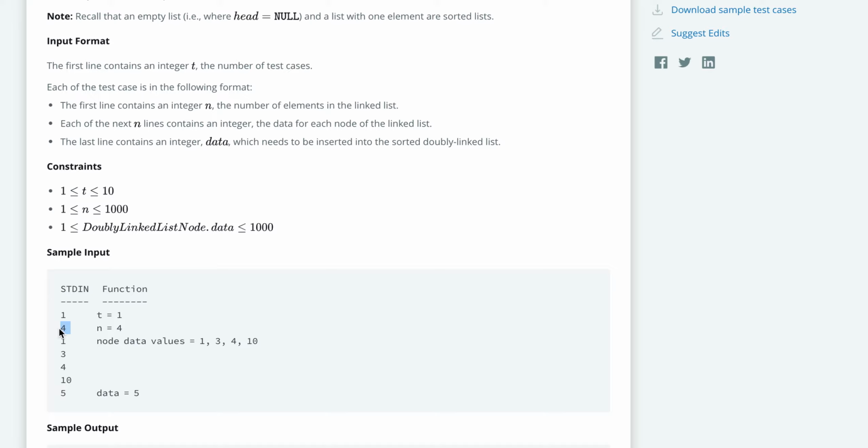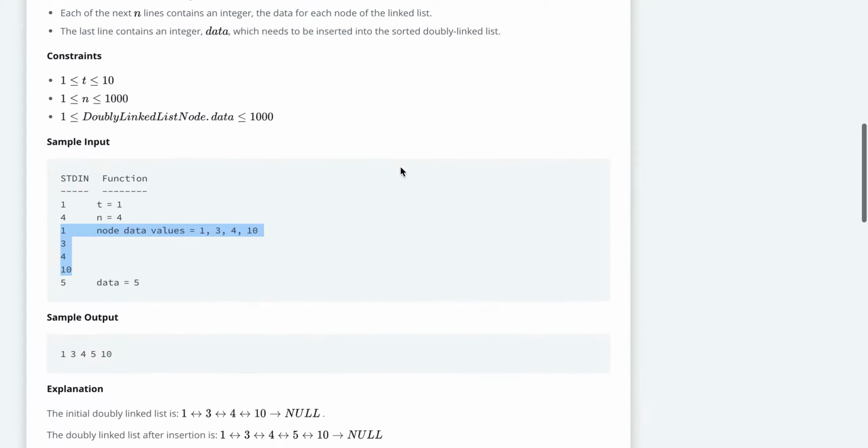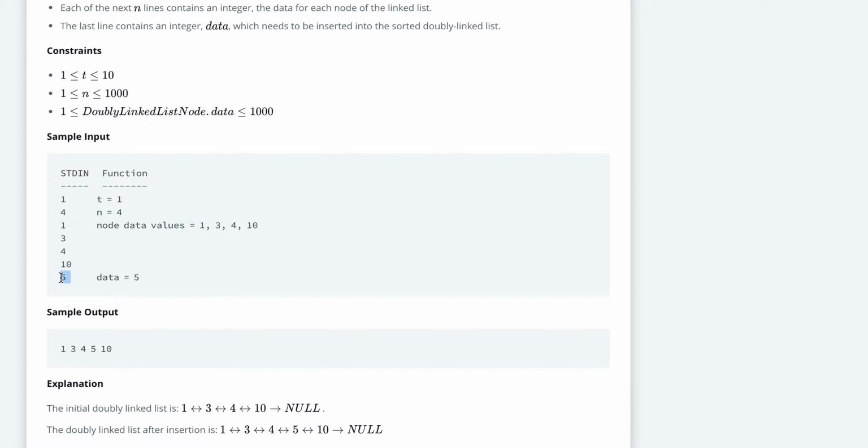If n is 4, there will be 4 elements in our linked list, and each of the next n lines contains an integer, the data for each node, meaning these 4 elements 1, 3, 4 and 10. The last line contains an integer data which needs to be inserted into the sorted doubly linked list, meaning 5 we have to insert.